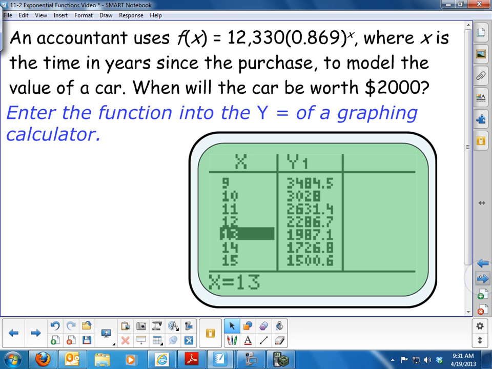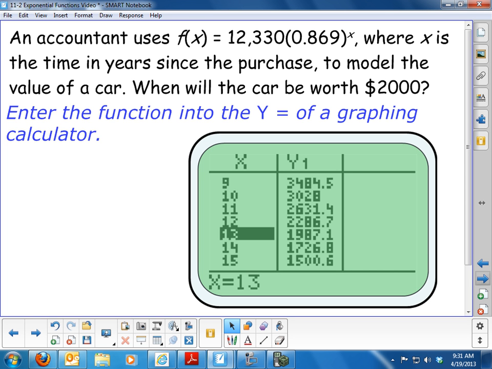Now, let's look at one final example. Here we have a situation of someone buying a car. They bought the car for $12,330. That's the original amount. And then we want to figure out in how many years since owning this car that you originally paid $12,330 for, will the car be worth $2,000? So let's think, am I going to plug in 2,000 for x or for y? Well, if we look at the problem, it clearly says that x is the time in years. So I know that the 2,000 can't be the x, so the 2,000 has to be the f of x,